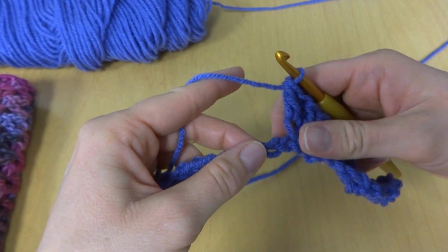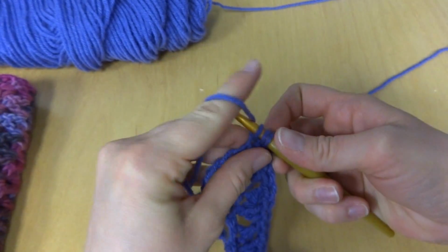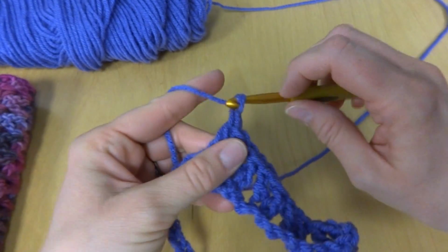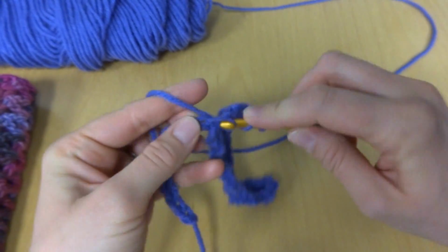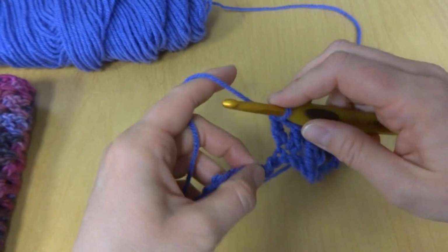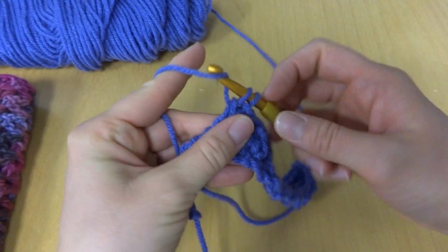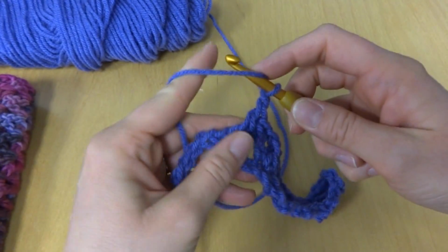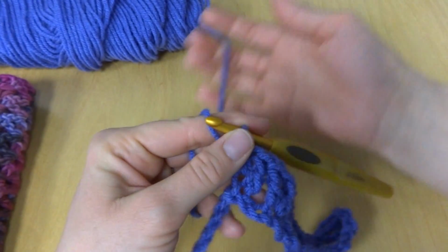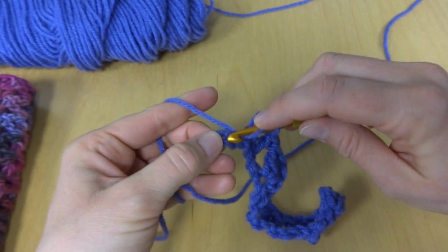Skip 2 chains, 1, 2, and in the 3rd, double crochet, chain 1, double crochet. Skip 2, and in the 3rd, double crochet, chain 1, double crochet, skip 2, and in the 3rd,